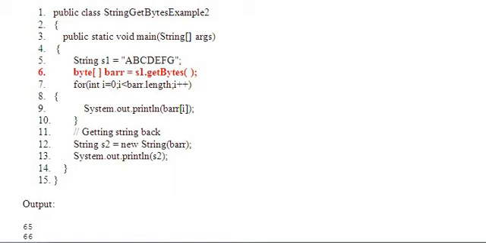So look at example 2. Look at line number 5, 6 as usual. And we have an additional thing here, line number 12. String S2 is equal to new String within brackets barr. It means we are creating a string from the variable barr. It is a byte array. From the byte array we are again getting back the string. We are creating string S2.